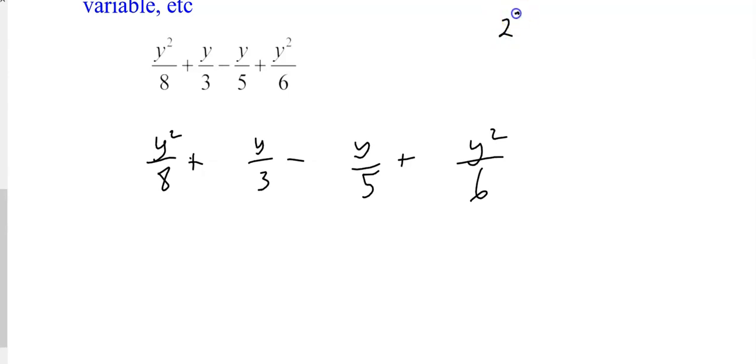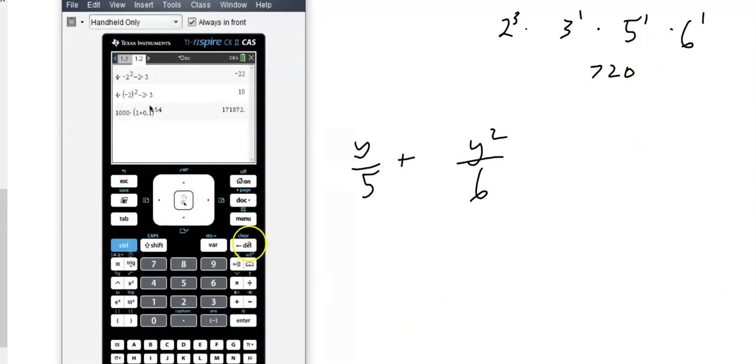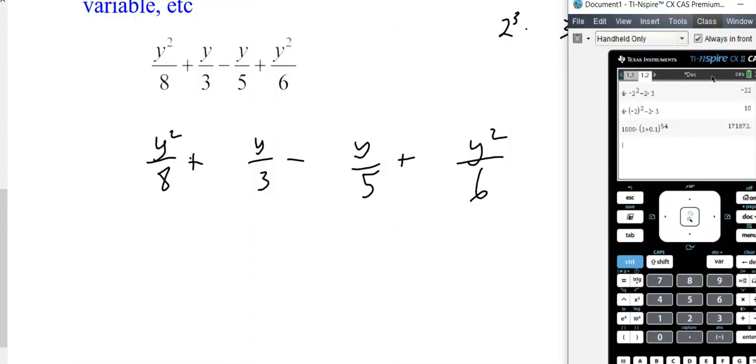So you could say 2 to the third is the first one. The prime factorization is 3 to the first, 5 to the first, 6 to the first. If I multiply, I need all of these actually. So there's no repeats there. So 3 times 5 is 15, times 6 is 90, times 8 is 720. So I need 720 as my denominator. So you would need to get your calculator out. So 720